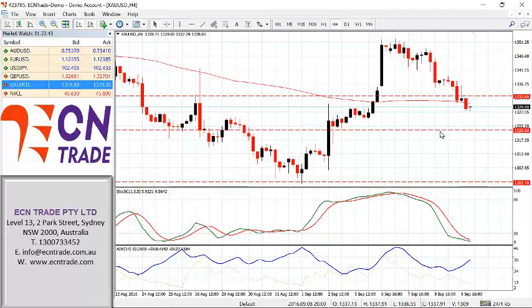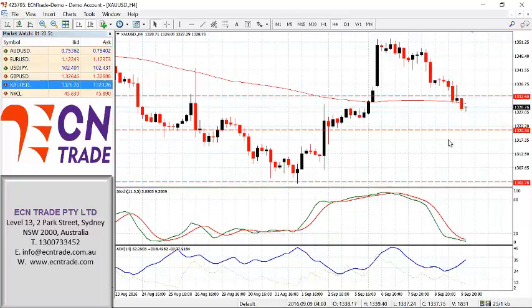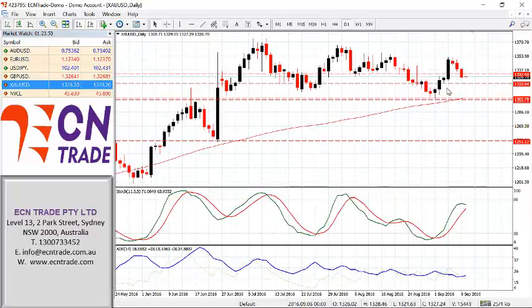It is viewed beneath 1320 exposes the bullish foundations holding around 1308, 09, and a break beneath that level would expose further weakness and see a drop towards